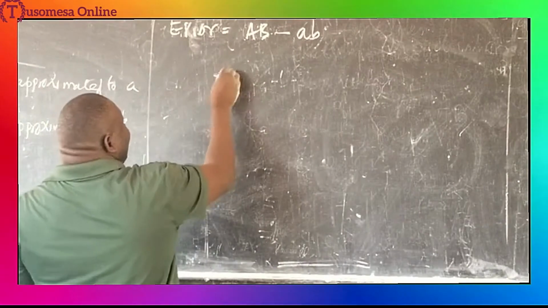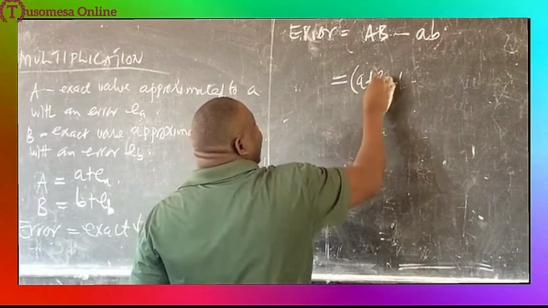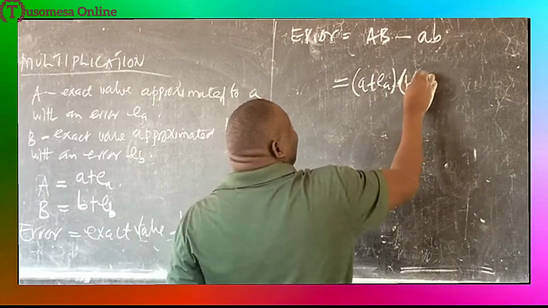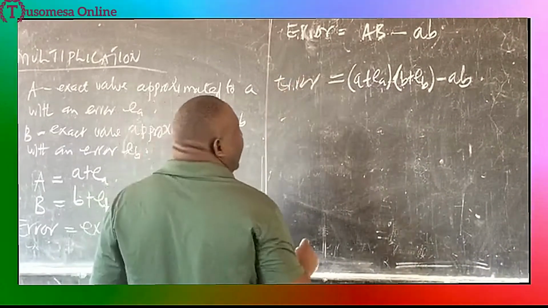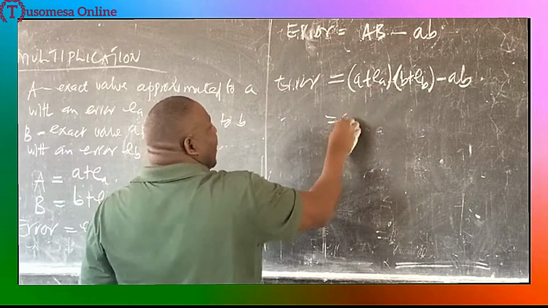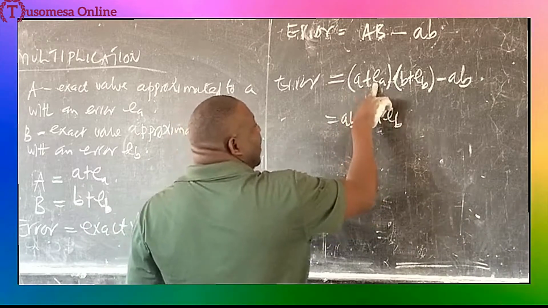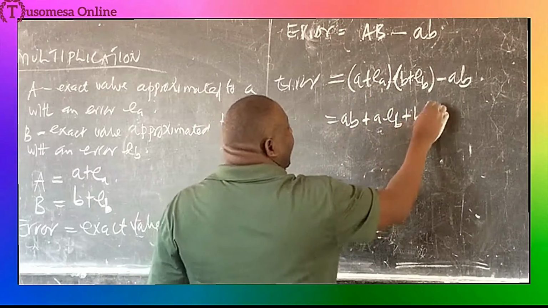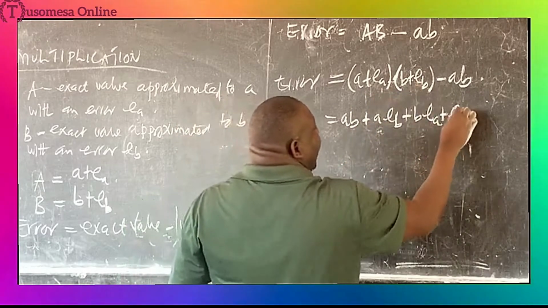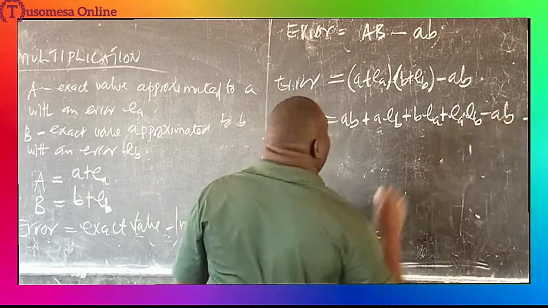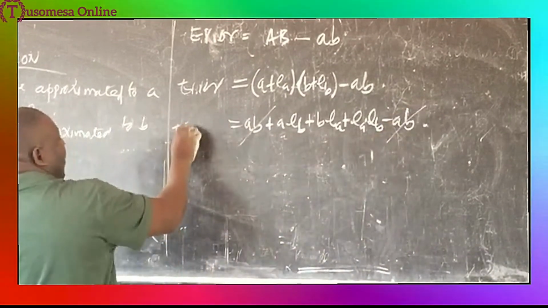Now, from this definition, A is the same as the inexact a plus the error in A, times B, which is b plus the error in B, then minus ab. So we open this bracket. Multiply a times b, you have ab; a times the error in B; then error in A times b, you have b times the error in A; then error in A times error in B; then minus ab. This term and that term are the same, they will vanish, and you remain with the error